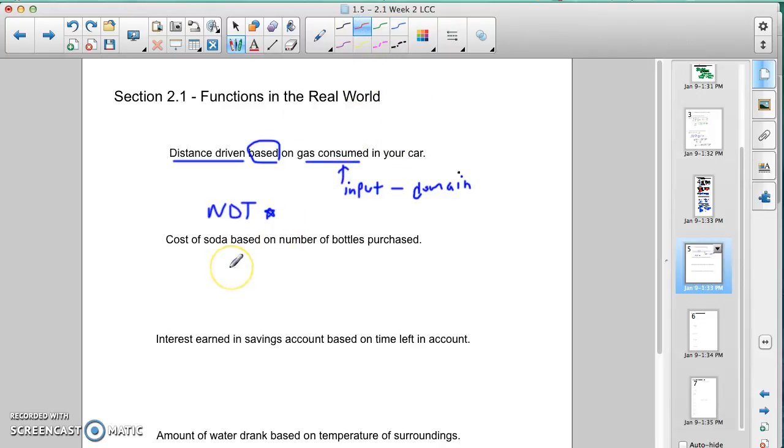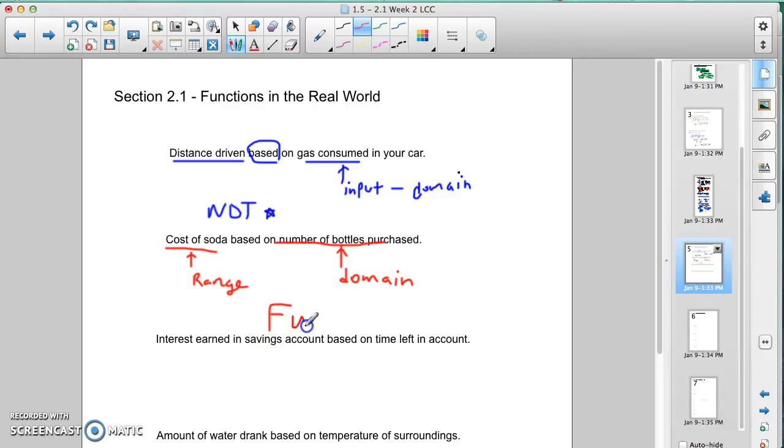Okay, let's take a look at the second example. So this one's cost. So that's your output. So this is your range, because it's based upon your input of the number of bottles that you purchase. So this is going to be your domain. So thinking about this problem, if you went to the store and you purchased 5 bottles of soda, and then you went back the same day and you purchased 5 bottles of soda, would it cost the same amount of money? Usually the answer to that is yes, because they don't usually change prices in the same day. So I'm going to say that this one is a function,